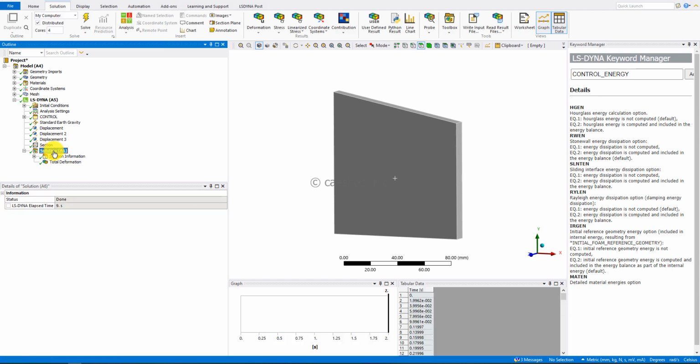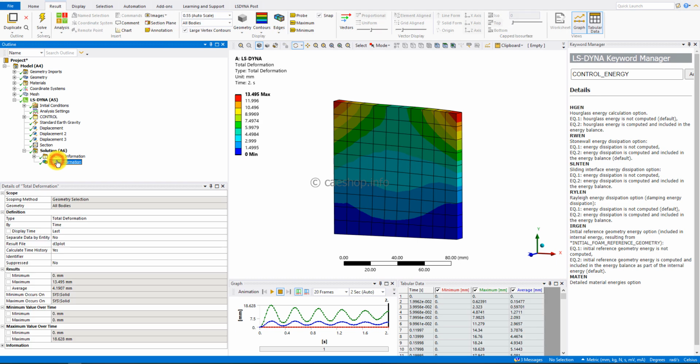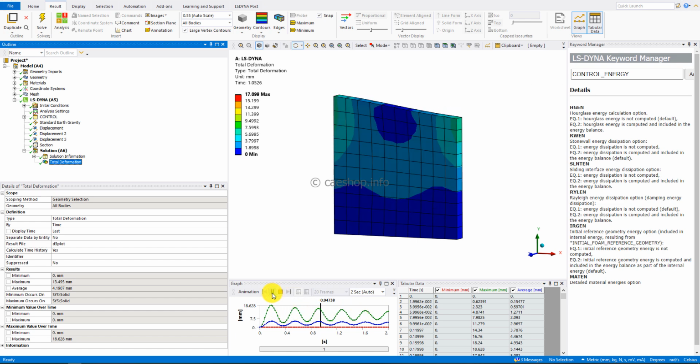And see the result, total deformation. You can see here we have some oscillation. The magnitude after each oscillation is reduced. Let's check the